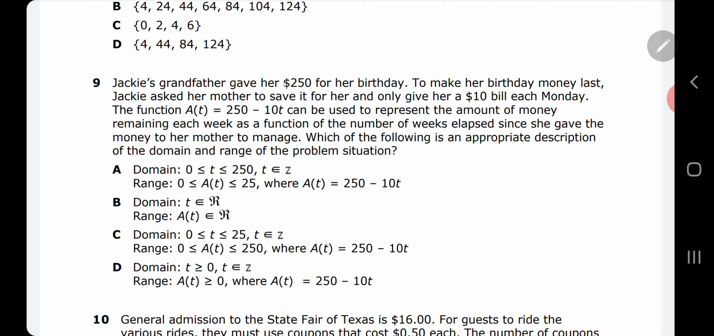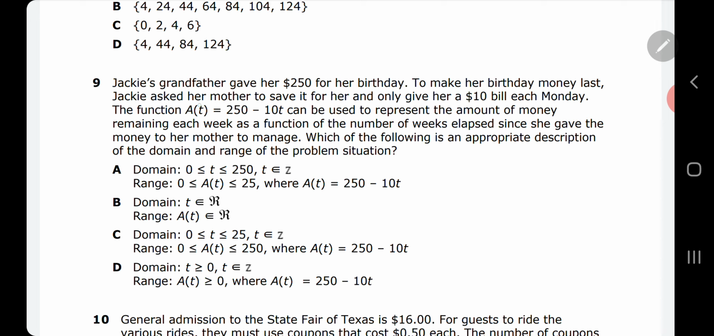Or every Monday, each Monday, so each week. That's what T stands for. Can be used to represent the amount of money remaining each week as a function of the number of weeks elapsed since she gave the money to her mother to manage. Which of the following is an appropriate description of the domain and range of the problem? Well,